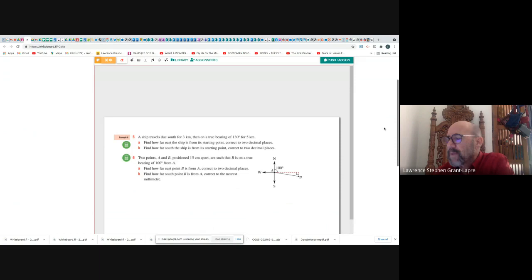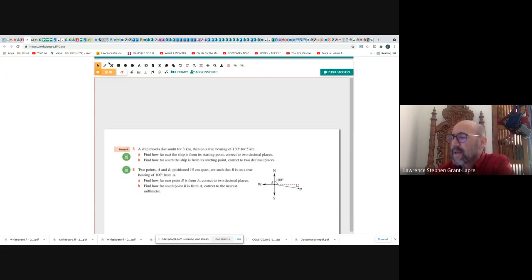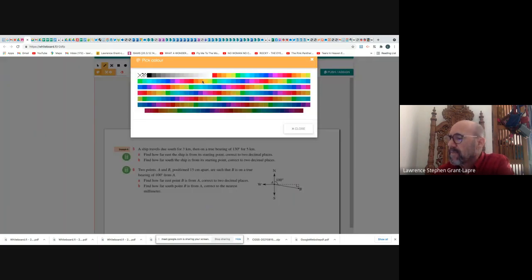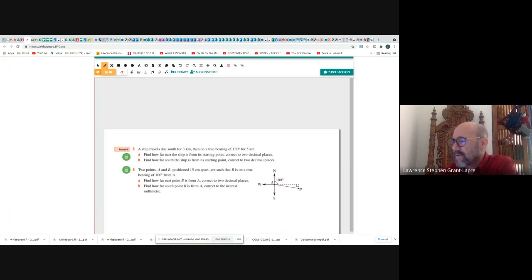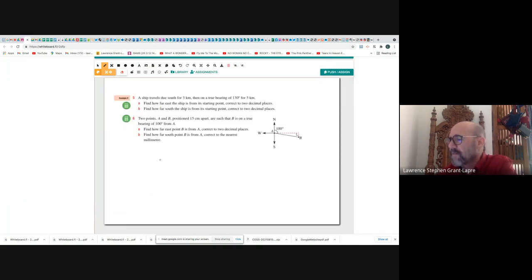Let's see if I can get my pen. Okay. A ship travels north for 3 kilometers, question 5. A ship travels north for 3 kilometers, and then on a bearing of 130 degrees, okay, from this point here, 3 kilometers away,